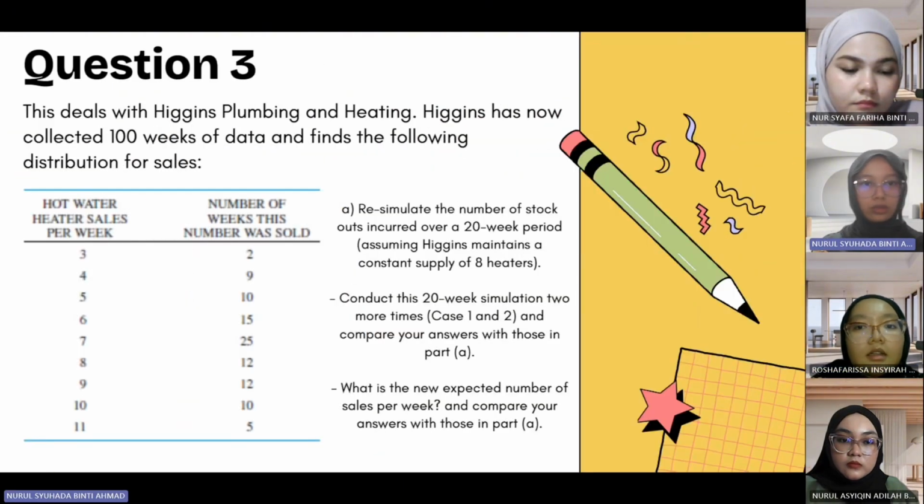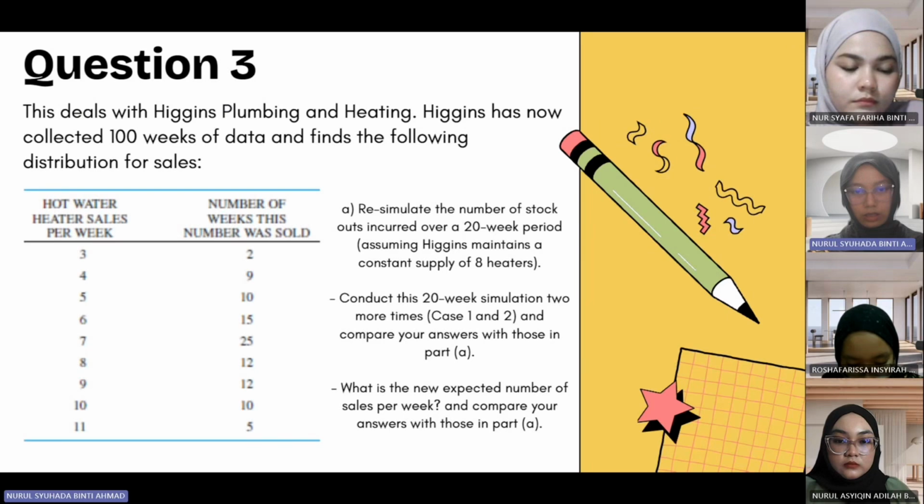Next is question number 3. Question number 3 deals with Hygiene, Plumbing and Heating. Hygiene has now collected 100 weeks of data and finds the following distribution for sales. This is in the table. This is the data provided,